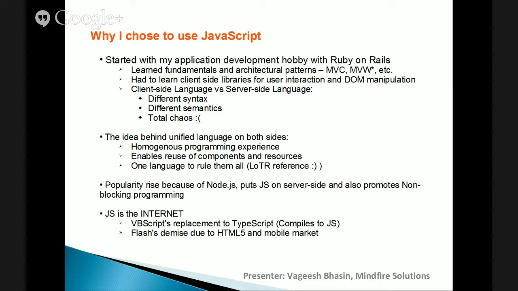And lastly, JavaScript is the internet. JavaScript was created a long time back, and it has had many shots at itself by other competitors. For example, VBScript was created by Microsoft. Now VBScript is not used anymore, and it is being replaced by TypeScript. TypeScript, again developed by Microsoft, finally compiles back to JavaScript. Another use case is Flash. Flash was created for user interactivity by Adobe, and due to HTML5 and the mobile market,